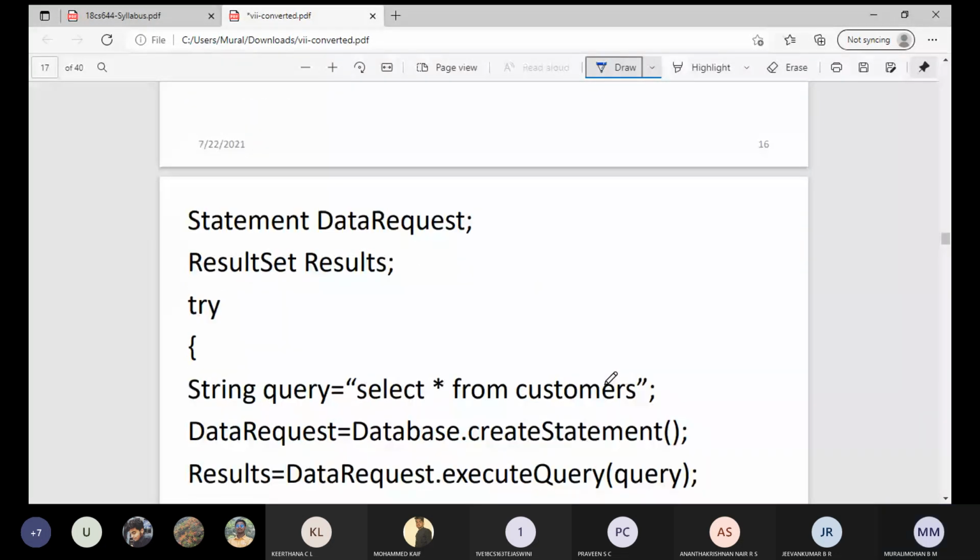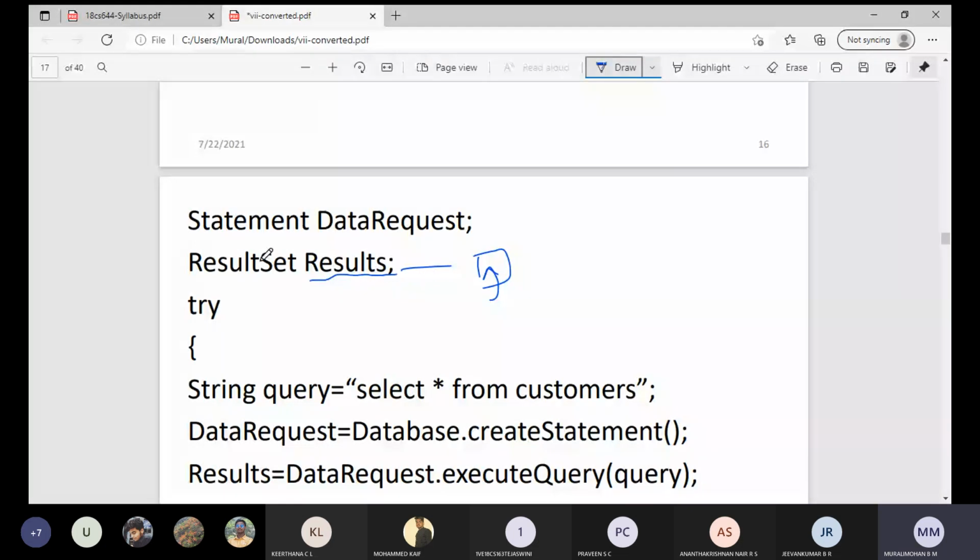Our task is to create a SQL statement. You just observe here. So here, one result set, we are naming it as result. So this is the box where the results of the DBMS will be placed. That is what result set is. And here statement, we are creating it as data request.